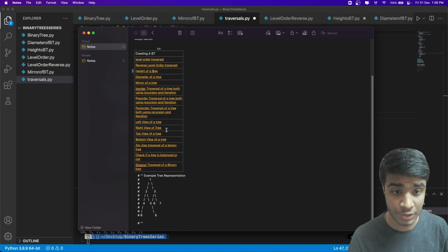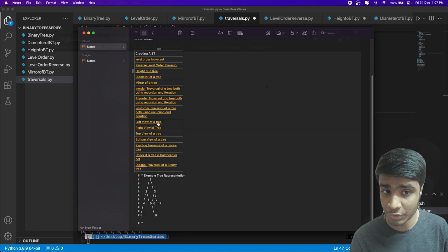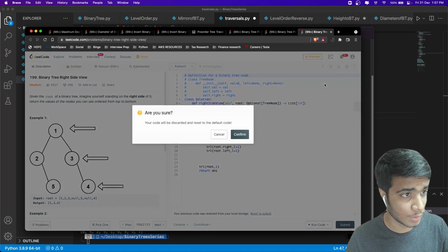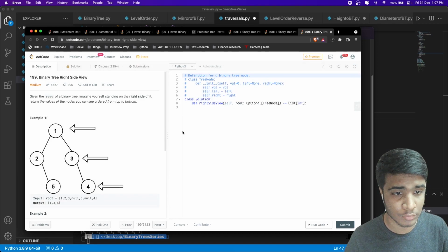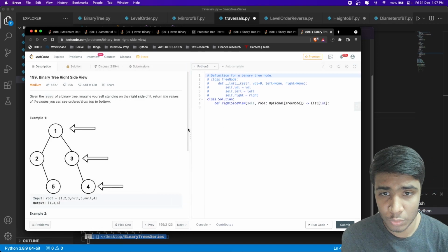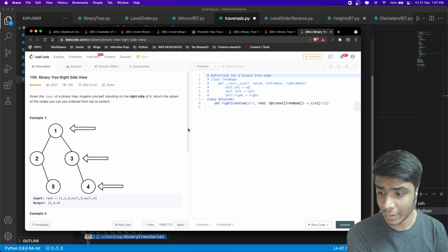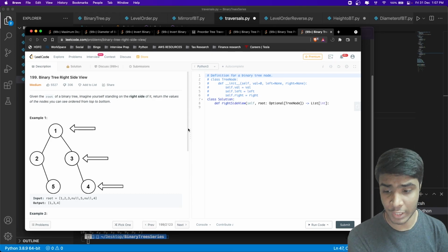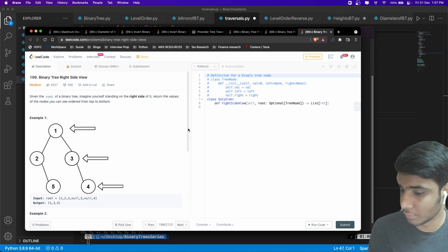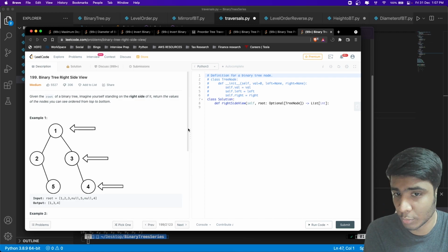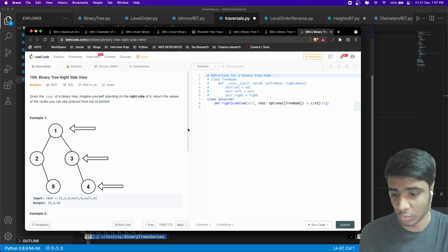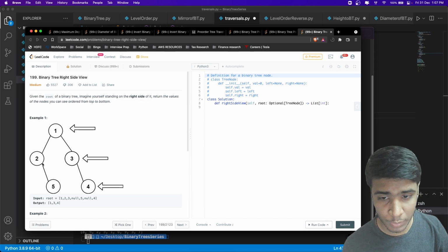So the next question is left view of a tree. This is an interesting problem, right? Oops, I think I have already solved it. Let's not see it right now. Let's do it freshly. So we have a binary tree, and we are looking at it from the side, right? So I have this binary tree and I'm looking from the side. The only thing that I can see is 1, 3, and 4. So I will be returning these three, and I won't be returning 2 and 5 because